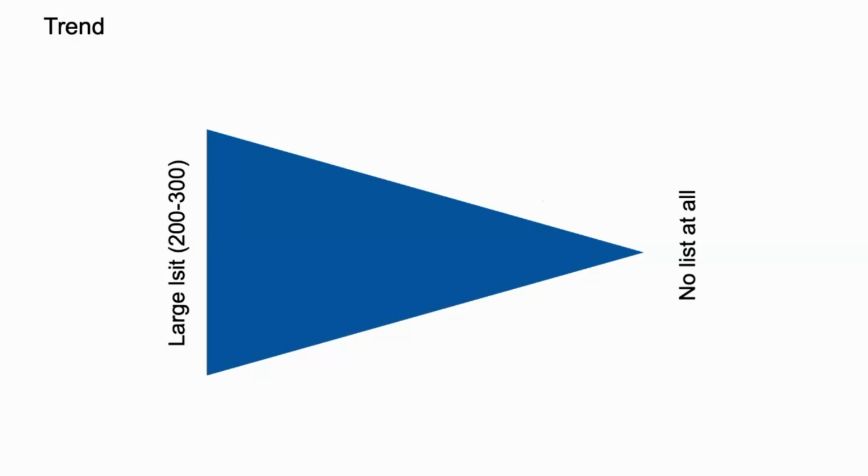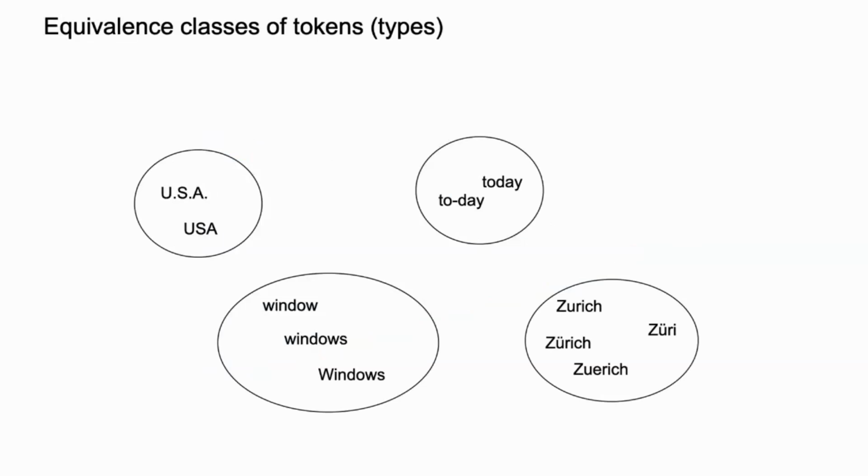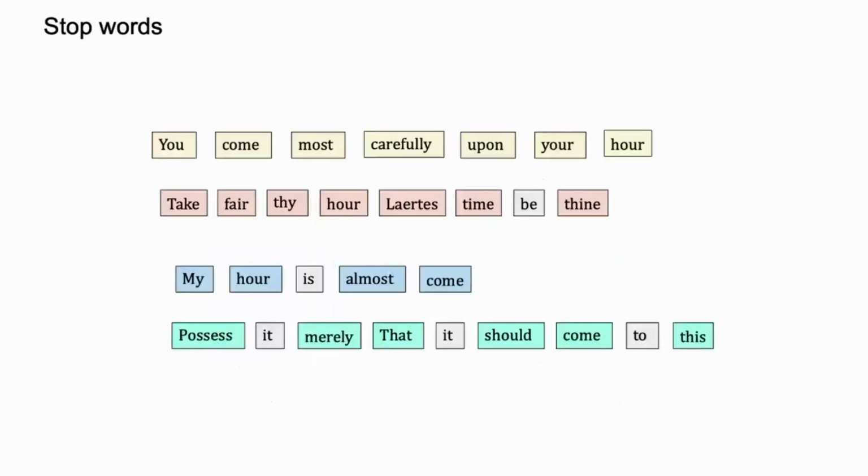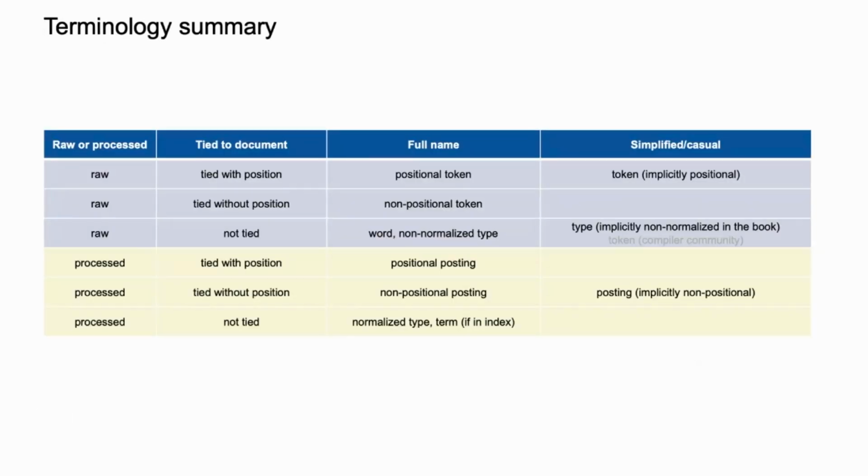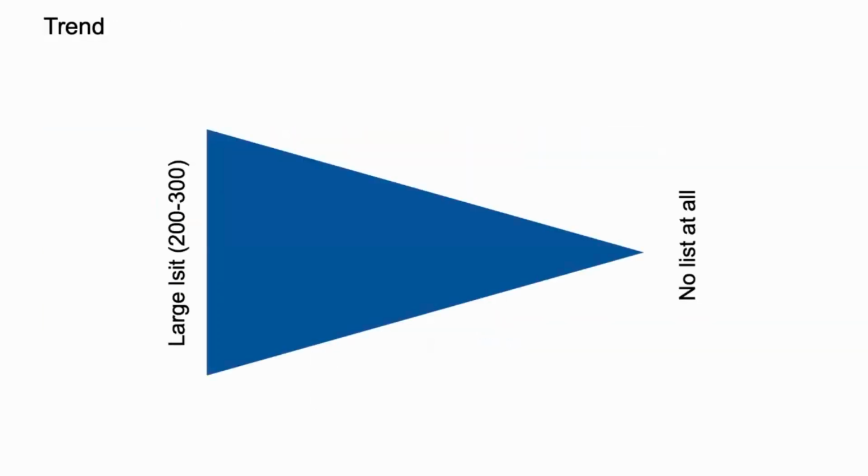Then there is another one that is related to the notion of type versus token when we have this processing phase. And what might distinguish a token from a type is that we group, that's one of the ways to do it, we group the tokens into types. So what I mean here is line number 3 and line number 6. If you want the precise wording, it's a non-normalized type that we turn into a normalized type. And the way we do that is that